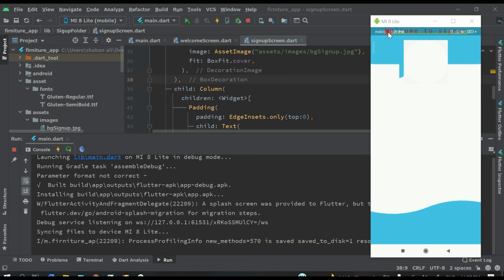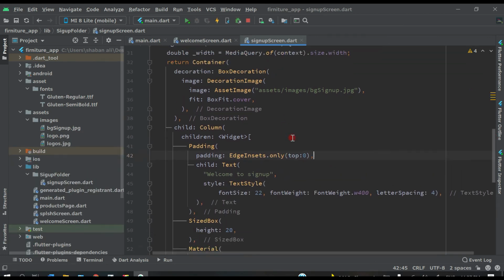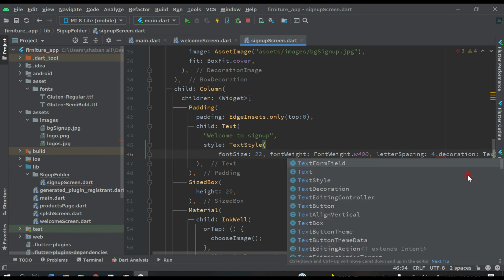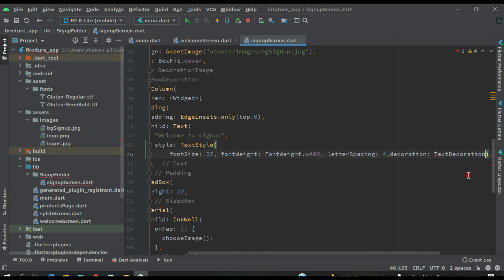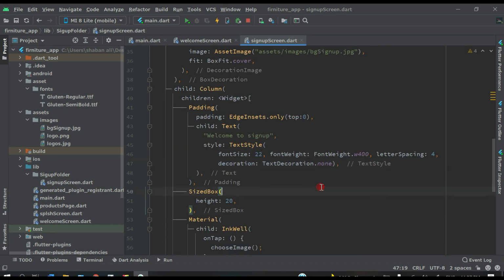But guys, you can see our heading is on the top, and we have to style this a little. For that, come back here, and first of all give style here. After this, letter spacing, decoration, text decoration, this one, dot none, so that it will not have any style. Let's break this like this, and then give padding on the top, it's 200.